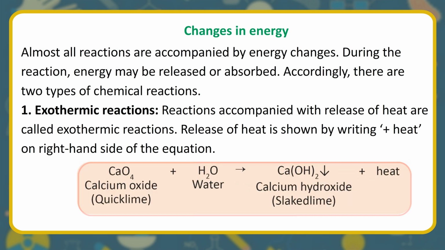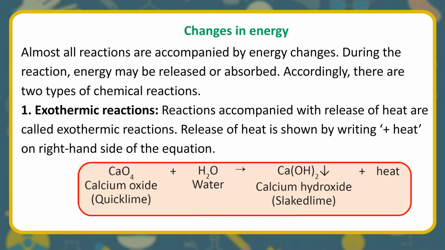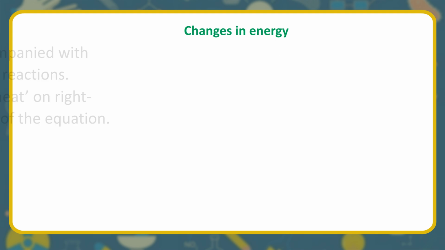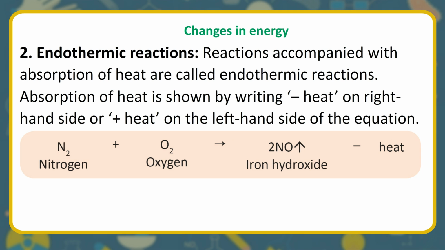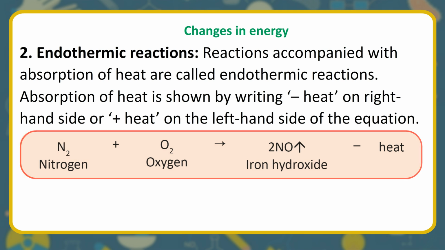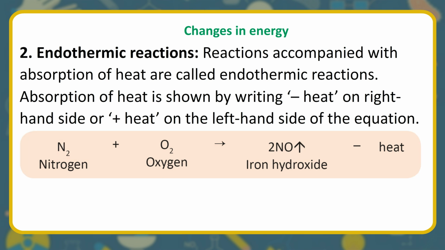CaO, calcium oxide, quicklime, plus H2O, water, gives Ca(OH)2, calcium hydroxide, slaked lime, plus heat. 2. Endothermic reactions. Reactions accompanied with absorption of heat are called endothermic reactions. Absorption of heat is shown by writing minus heat on the right-hand side or plus heat on the left-hand side of the equation. N2, nitrogen, plus O2, oxygen,